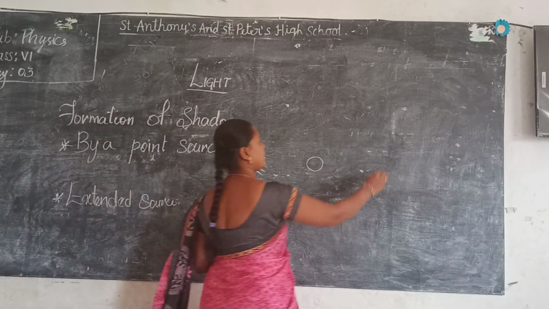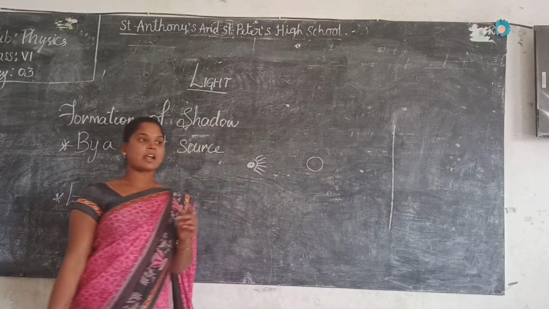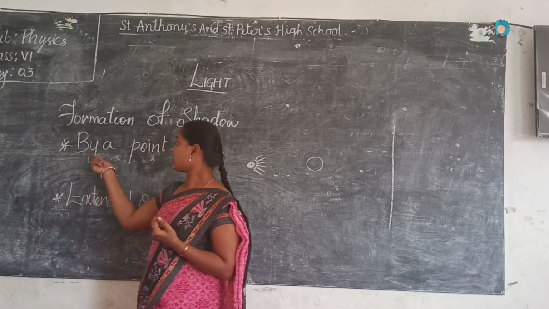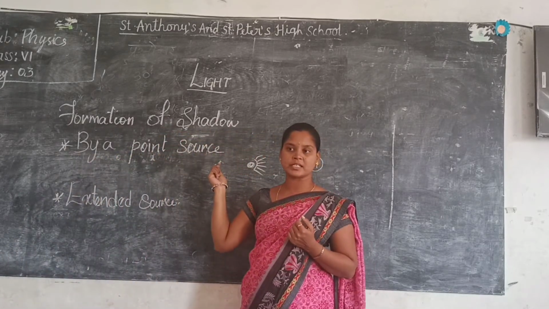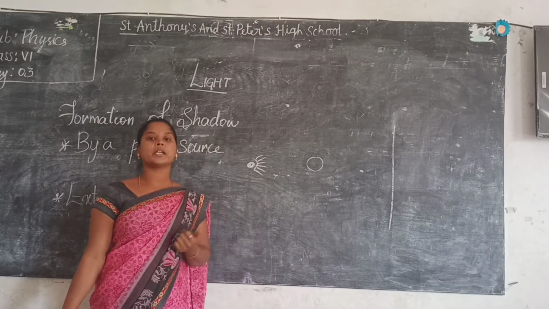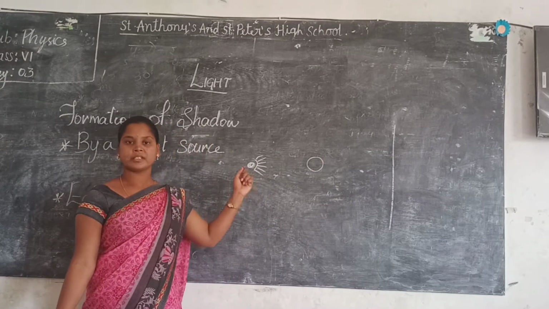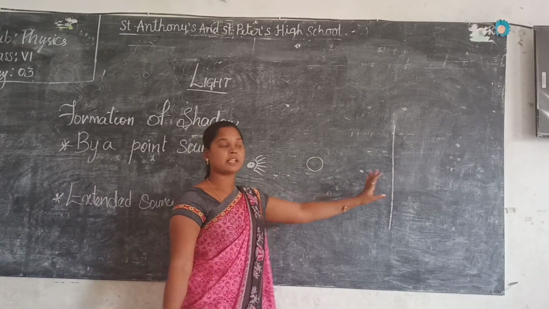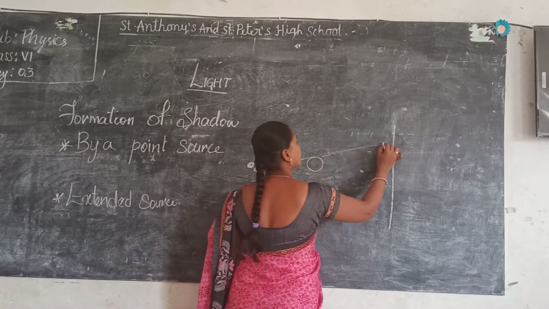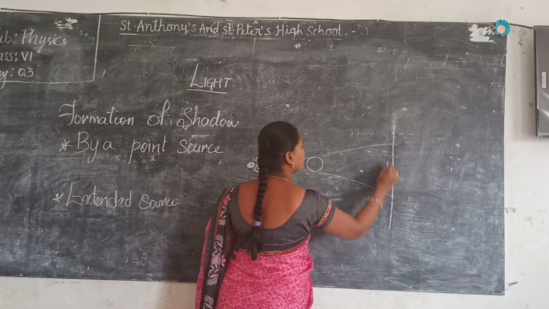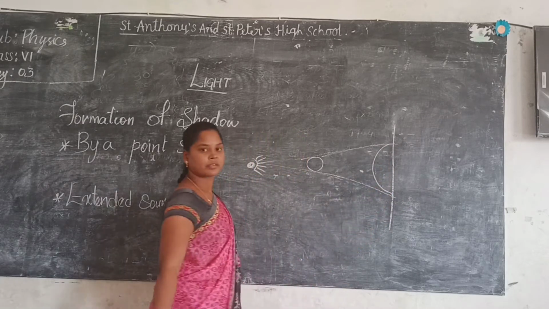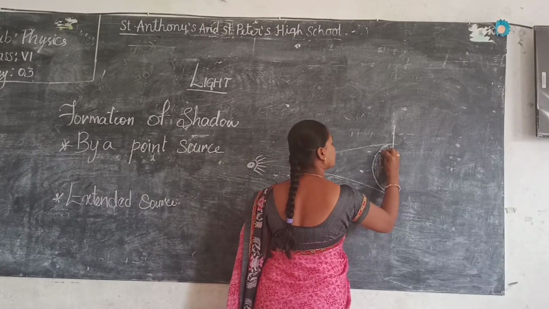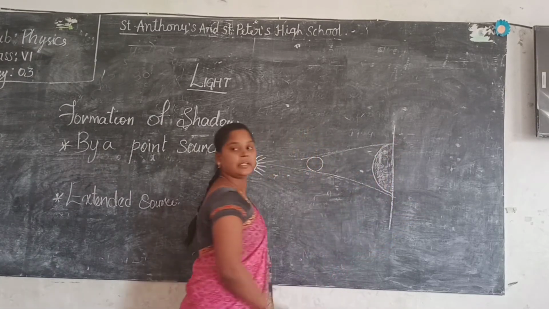If this is a screen, I said that shadow will be of two parts, umbra and penumbra. Whereas when there is a point source of light, the shadow will be only of umbra region. It is a small source, a very small amount of light is produced by it. So it contains only umbra region. That means light is passing like this. Shadow falls here or not? Yes. Shadow will be bigger. So we can see only the darker region. We cannot see the lighter region around it.